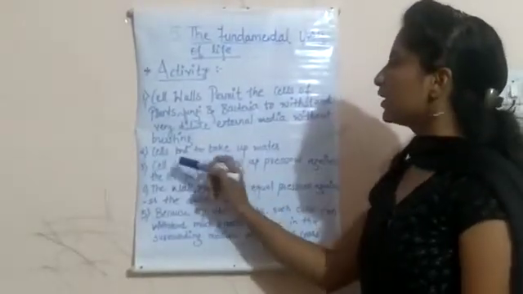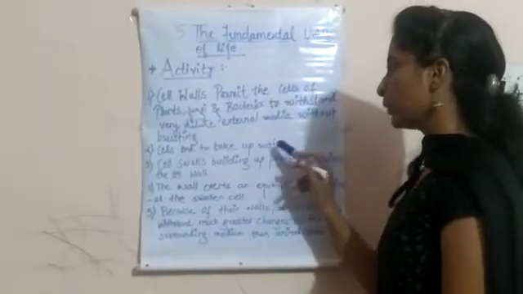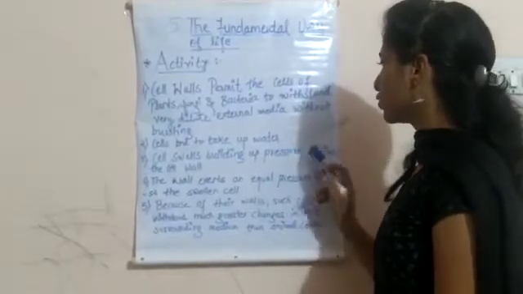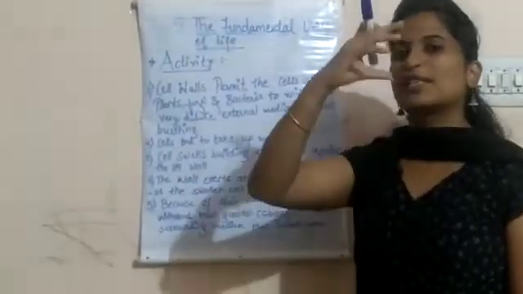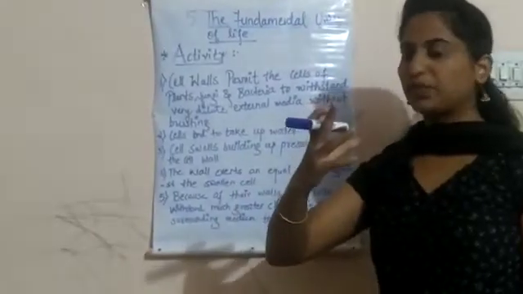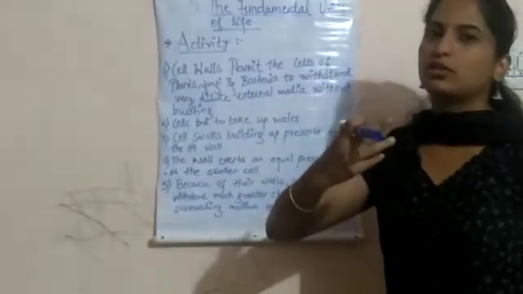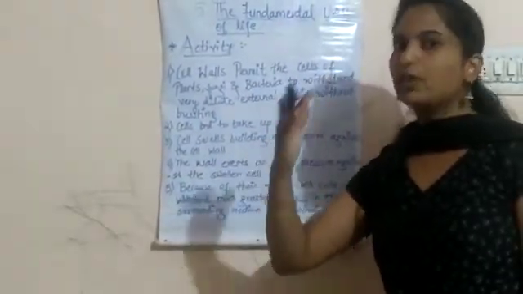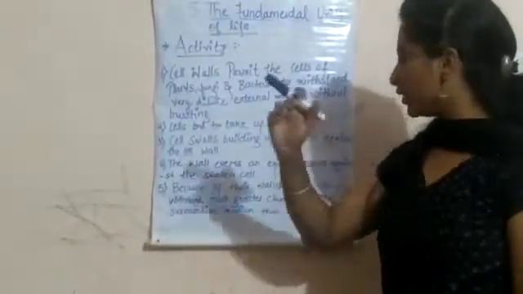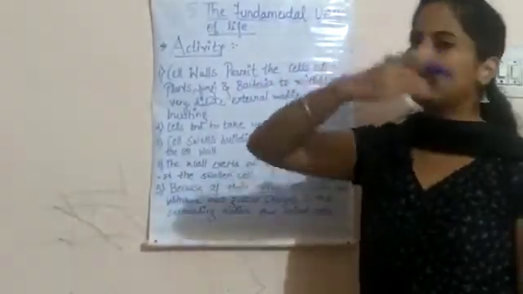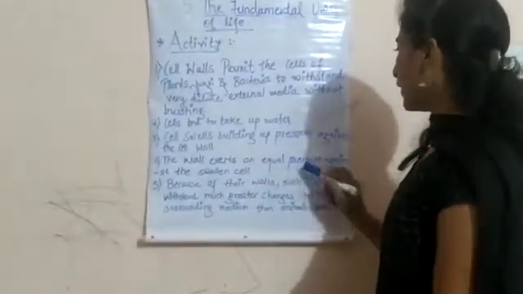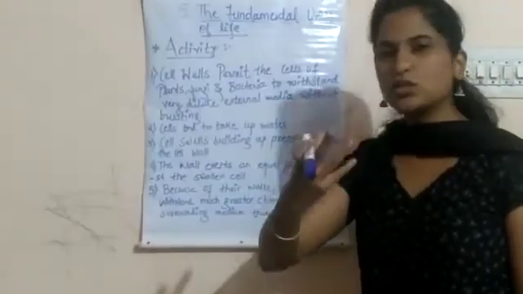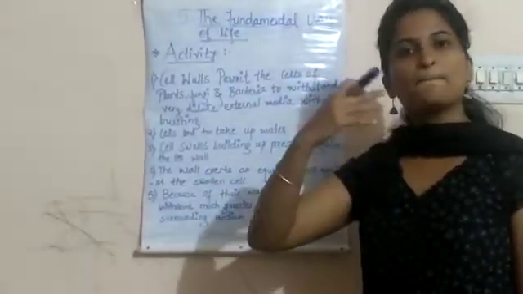protection. So during this process, the cell tends to take up the water through the osmosis process and the cell swells, building a pressure against the cell wall. Means when the cell acquires the water, it is swollen up and it builds up a pressure on the cell wall. But the cell wall is so powerful, so rigid that it again exerts an equal pressure to the cell. So it again exerts an equal pressure against the swollen cell, through which the cell is prevented from bursting.